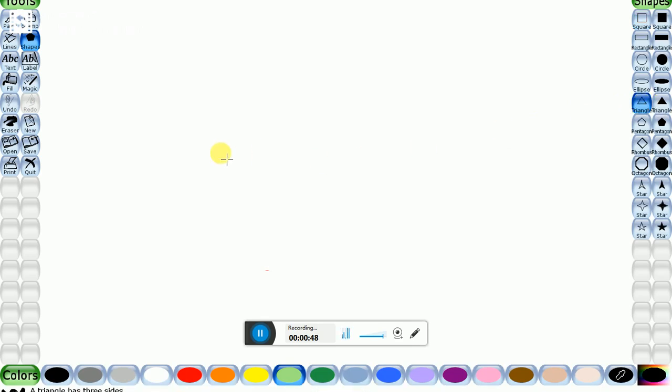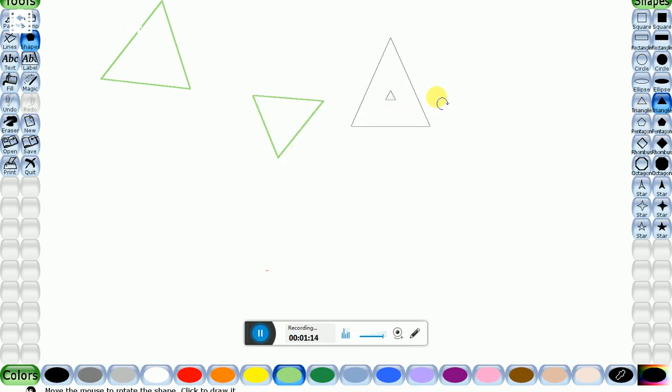Shape tools allow you to draw different filled and unfilled polygonal shapes. The important feature of these tools is rotation. The shapes can be rotated at any angle on a 360 scale. Let us now learn how to draw different shapes using shape tools. We shall draw a triangle at different angles.